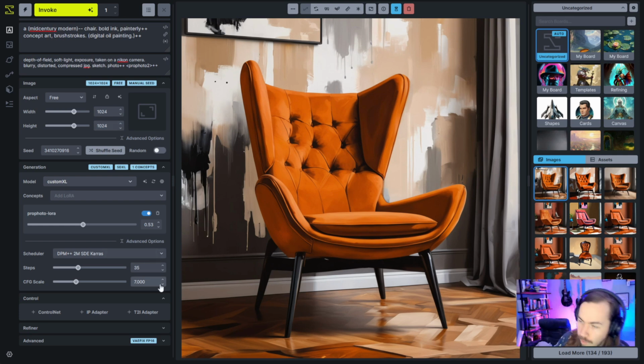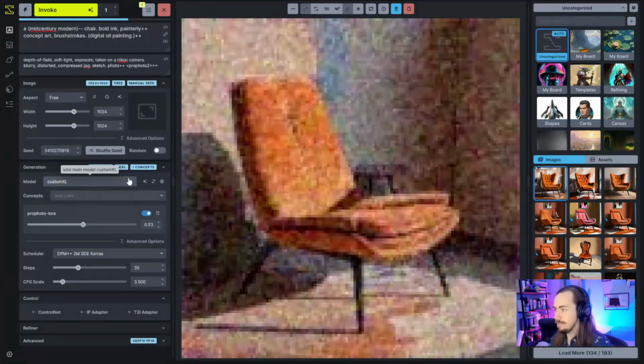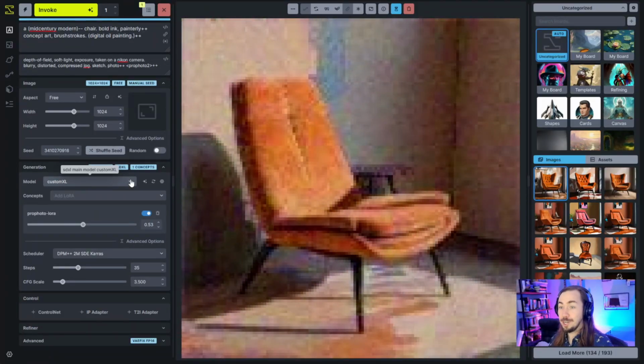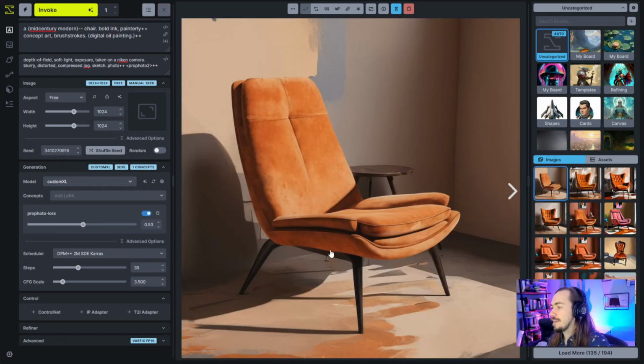So the lower we go on CFG scale, the more liberal it's going to take our prompt. If we go down to 3.5, it's going to wander off on its own a little bit. We're starting to lose that shape a little bit with 3.5. Somebody called out that the oil painting has some bleeding into the wall in some of these. And again, I think that's